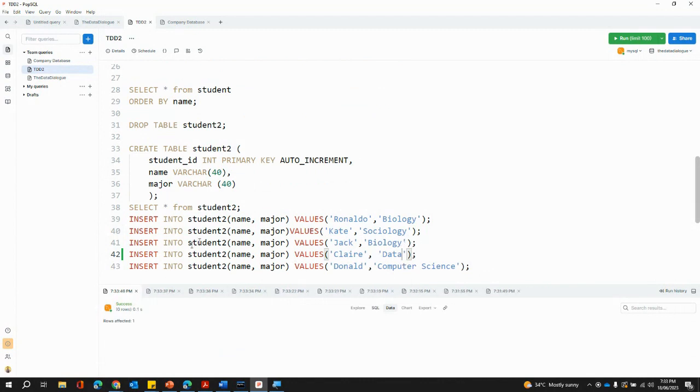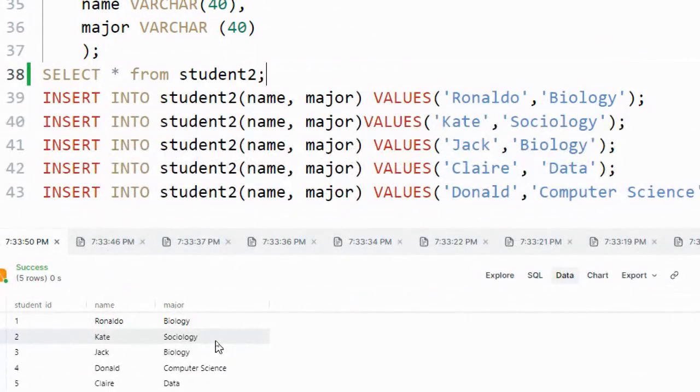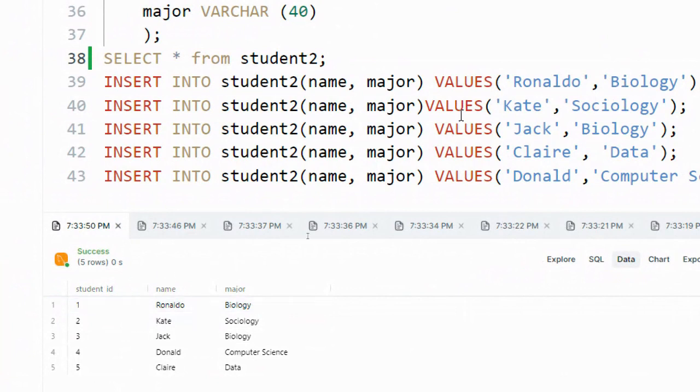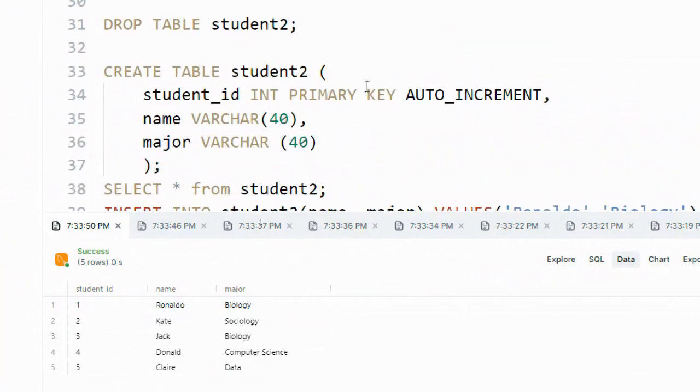All right. So now let's see select from student 2 once more. And you see we have all this data over here, right? You can see we have all these values that we have added, and now if you notice, I did not mention the primary key over here as I did last time, right? I'm just choosing that I want to add the name, I want to add the major, I don't want to add the primary key, because I'm telling you, SQL Server, to add the primary key yourself and auto increment